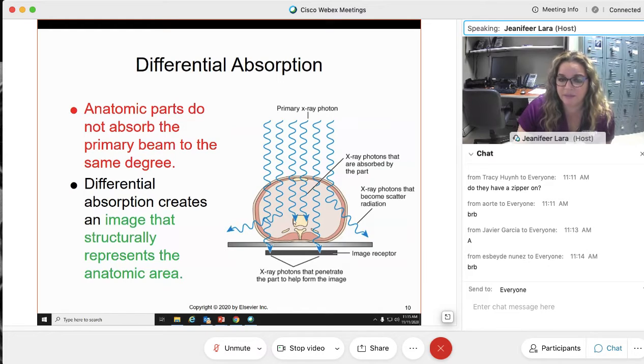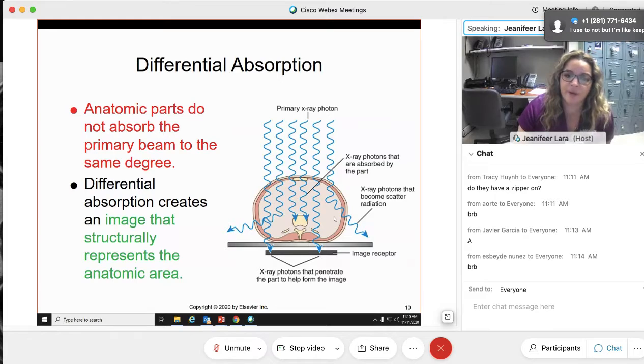So we've talked about this interaction and we've talked about this interaction. We're eventually going to spend some time and talk about these two interactions. Depending on what's in the path, what's on the road, what's on the sidewalk, for this primary beam to achieve its destination, which is the image receptor, whatever it encounters, it may be absorbed. It may not be prohibited from reaching the image receptor at all, or it may become deflected. Scattered is the word. So differential absorption, we need it, creates the image because it represents the anatomic area,